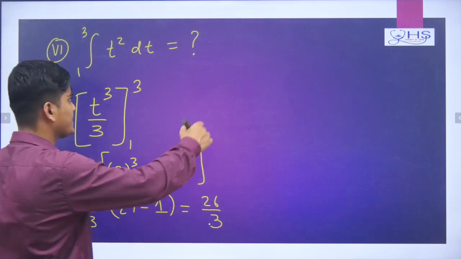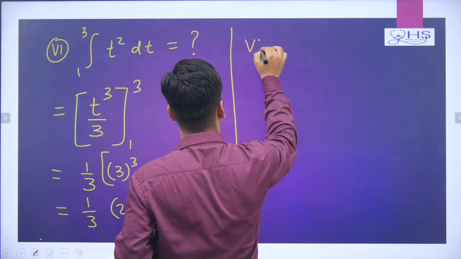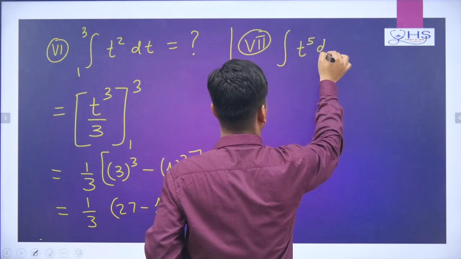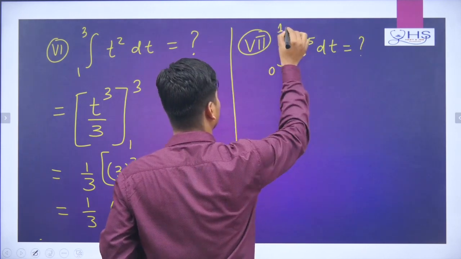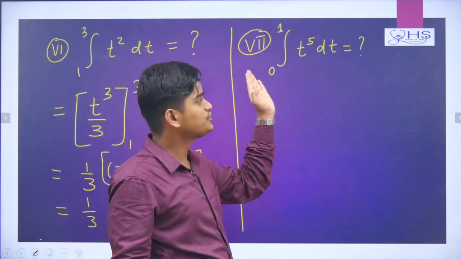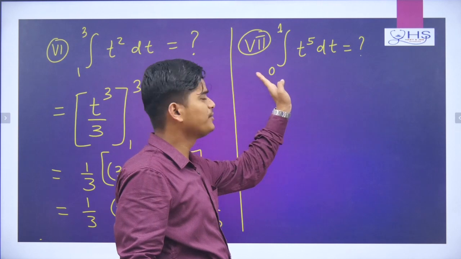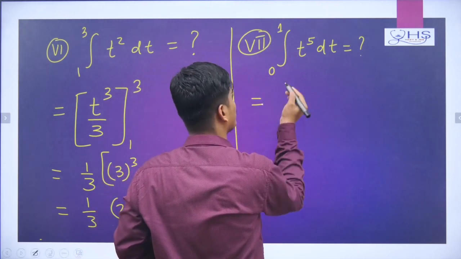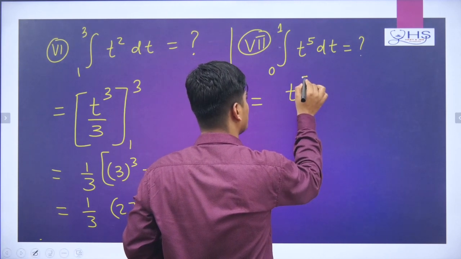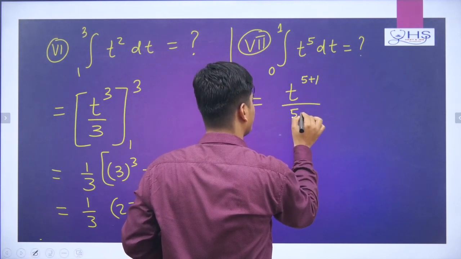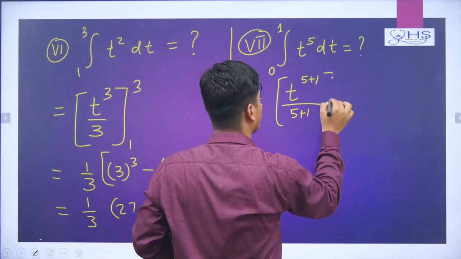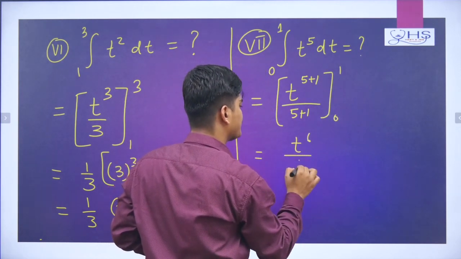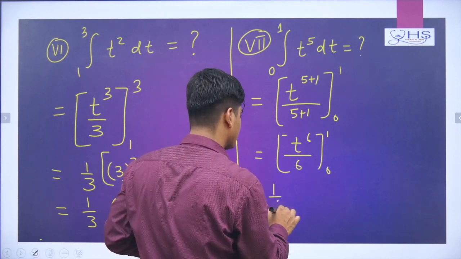So if you want to find another question, I am telling here, example 6 (ii). Here you want to find the integration of t to the power 5 dt. Now suppose you want to find the integration from 0 to 1, lower limit is 0, upper limit is 1, of t to the power 5 dt. Now similarly, t to the power 5 becomes 5 plus 1 by, down will be 5 plus 1. Give a square bracket, keep the limits 0 to 1. Now it will become t to the power 6 by 6, 6 you can take out, so 1 by 6 is out.